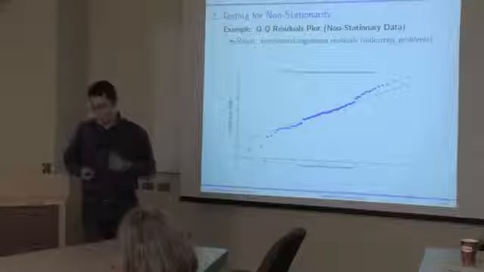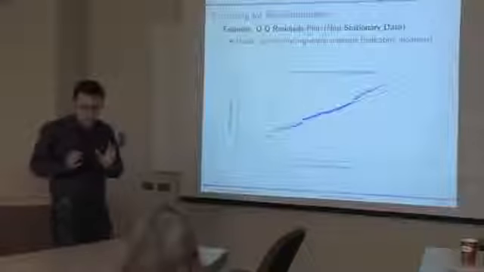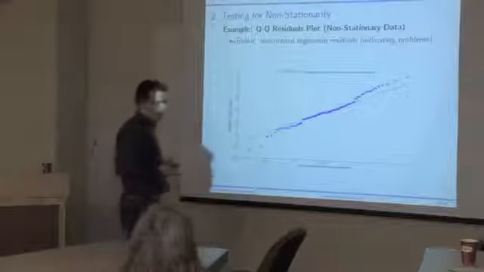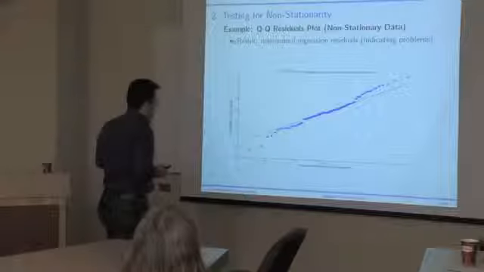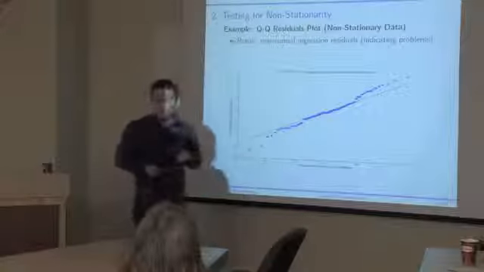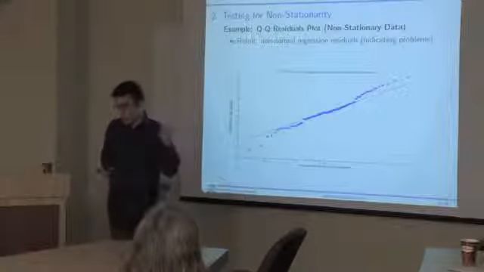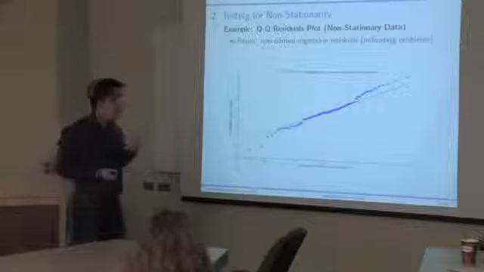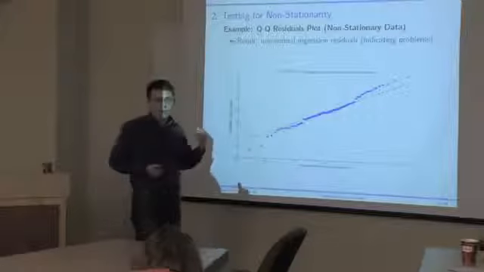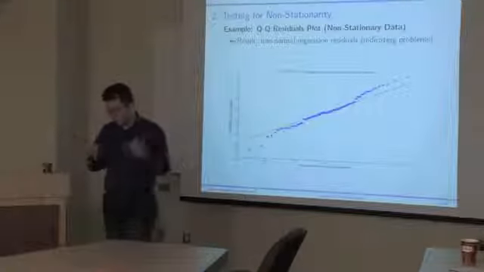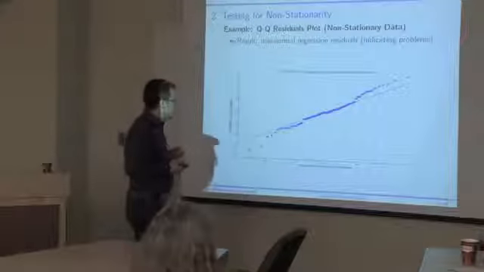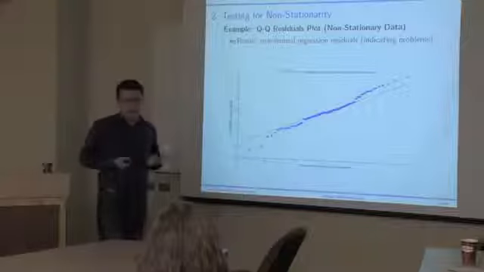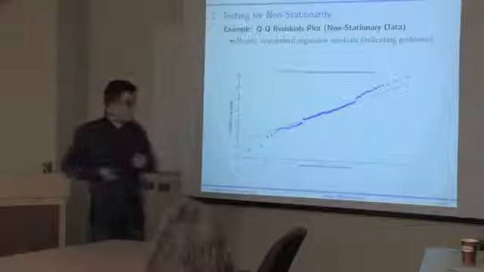So in that way, the QQ plot can be quite a useful tool to do this quick and dirty assessment of your regression model. I should emphasize that the QQ plot is not a formal test for non-stationarity or for the goodness of fit of your model. So you don't have a level of significance or a level of confidence or a p-value attached to this test. It's just a very quick thing that you can informally look at to get a sense in practice of whether or not your model fits the data well.